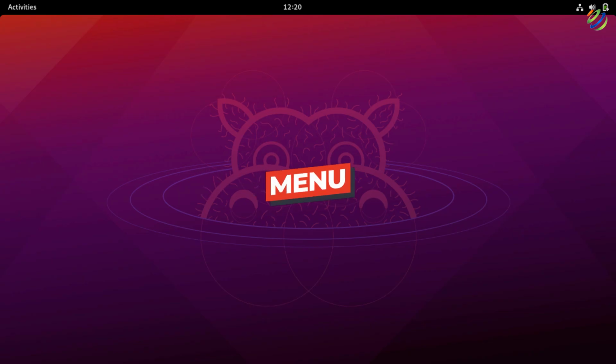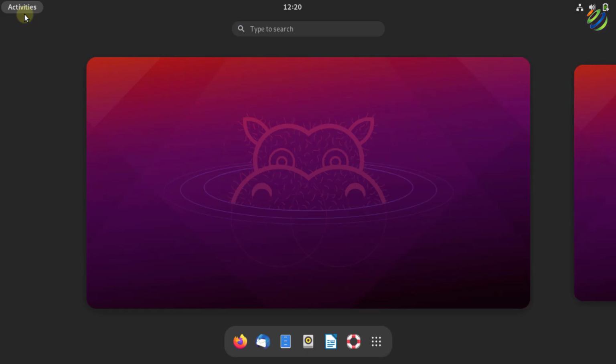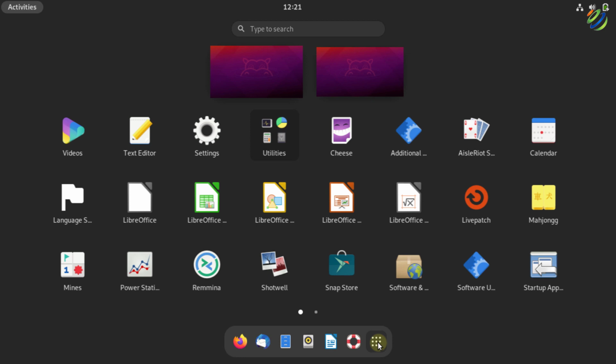Now, if we talk about the menus, in GNOME we have a button named activities. If we click on it, a list of applications will appear at the bottom with a button to look for further applications. And that is the button. If I click on it, I'll be able to open more applications and more software. And if we want to search for some particular one, we just need to start typing and it will appear automatically.